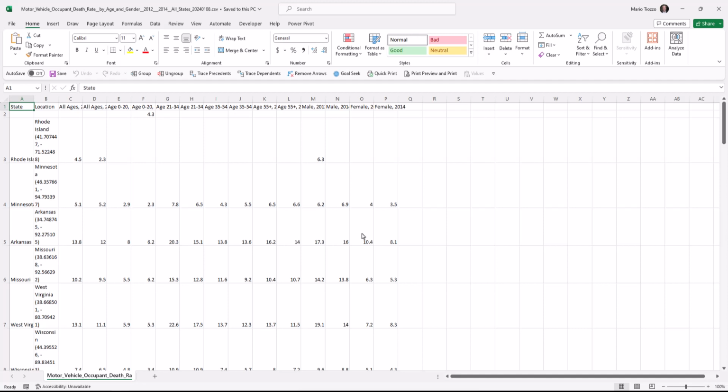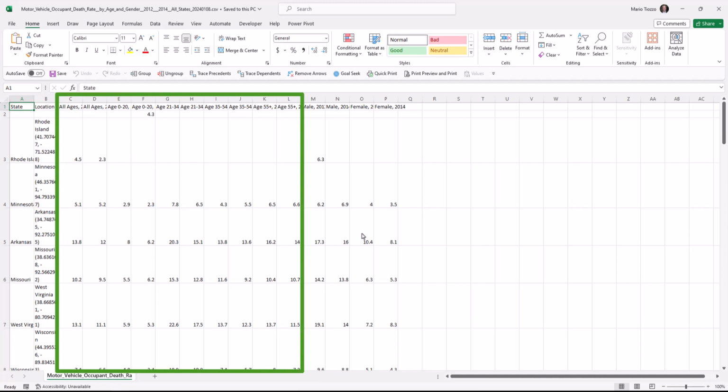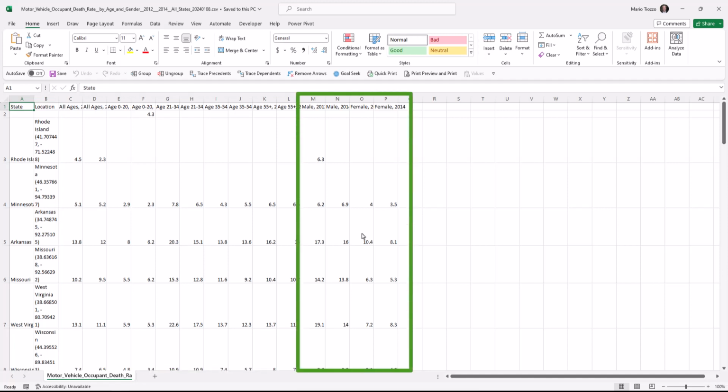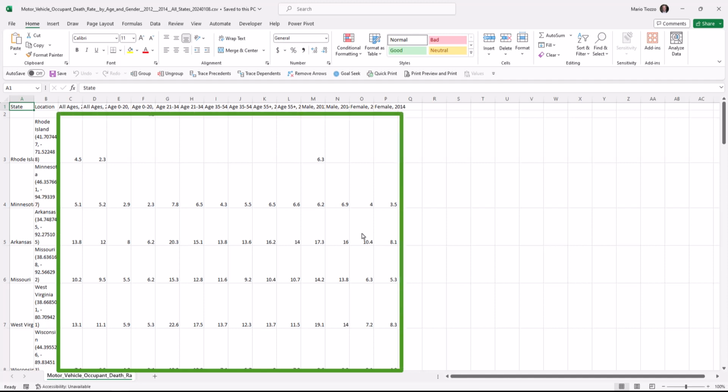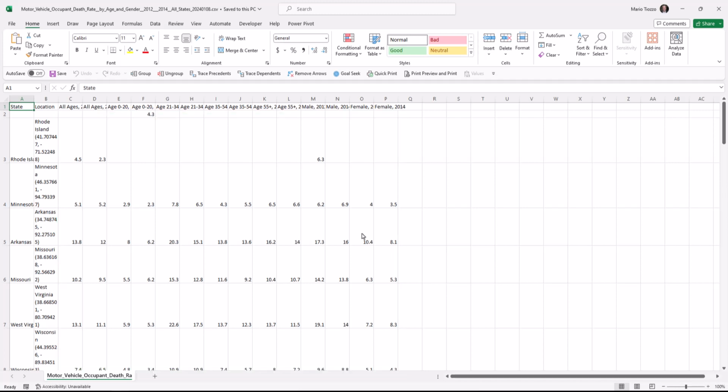We note that it's broken down by states, by age/year categories, and then by gender/years categories. We see a bunch of numerical data, and remember this data is motor vehicle deaths per 100,000 in the population. From the data description on the website, we also remember that the blanks are suppressed data that were 20 deaths or fewer. So before we go to the analysis, let's try to clean this up a little bit.